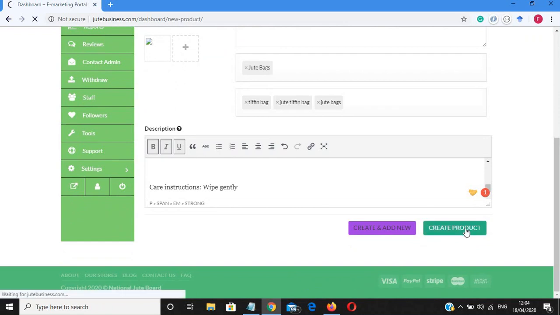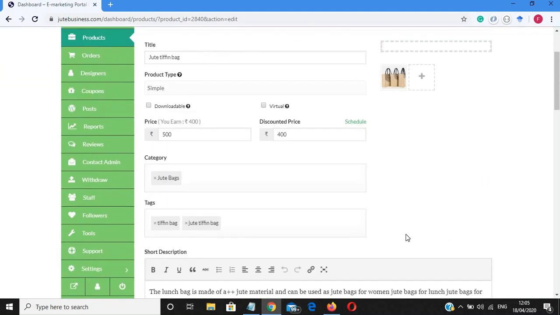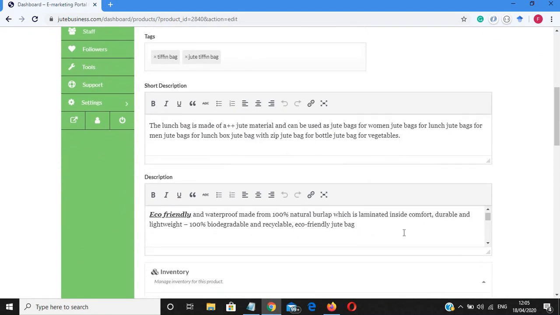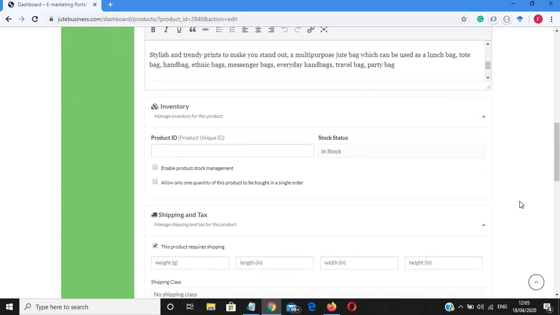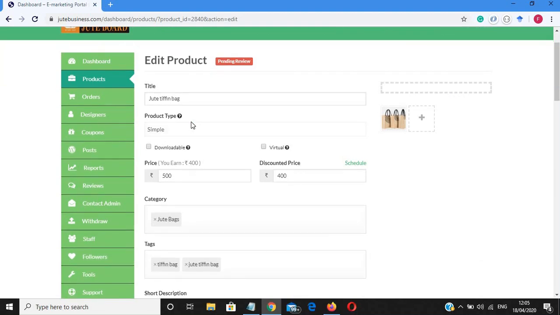After clicking the create product option, it will display another form, which is actually the verification form, and in this form we need to enter many types of information also. So we will see this also. First of all, the title is the same as previous, that is jute tiffin box. The next important section is product type.